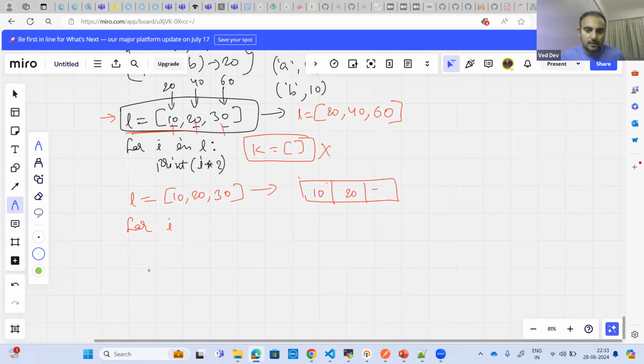This is index 0, this is index 1, this is index 2, and so on. So now when I do for I in range, length of L,